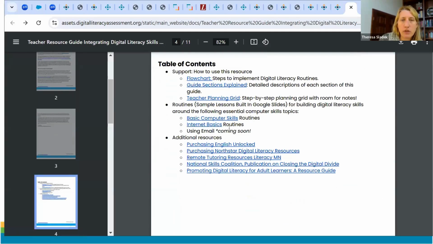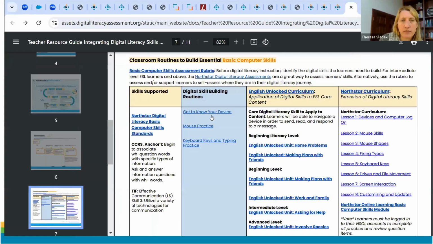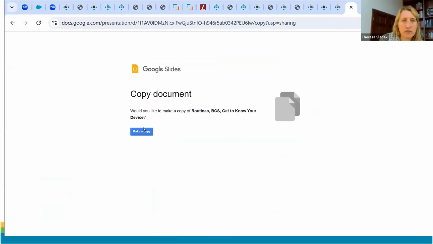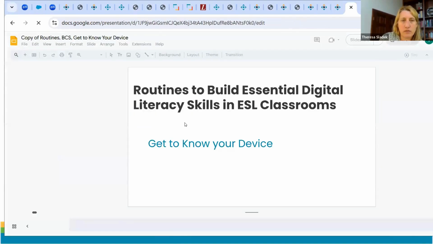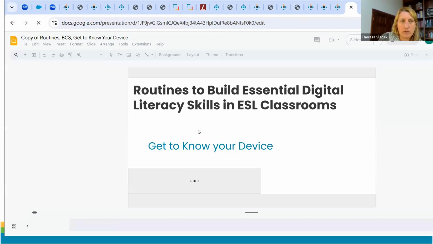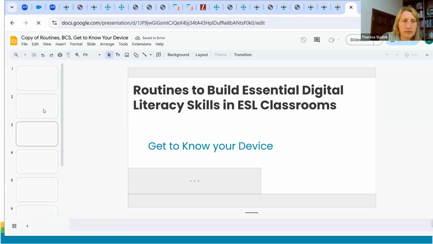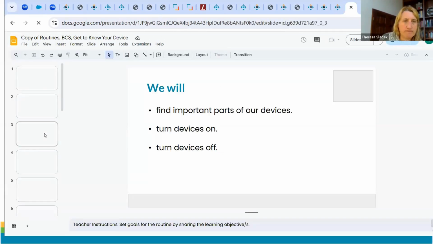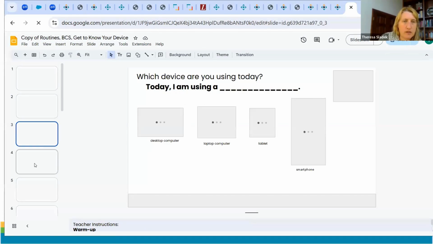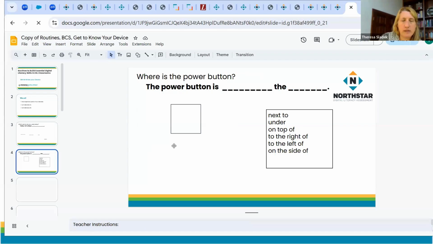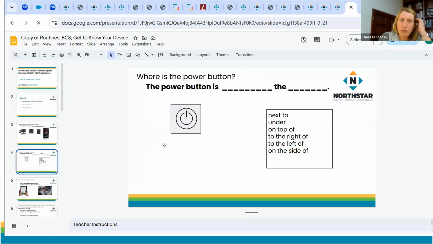And you are showing people this, the power button. Let's say you decided you taught the word power button, you show what it looks like, and you wanted to